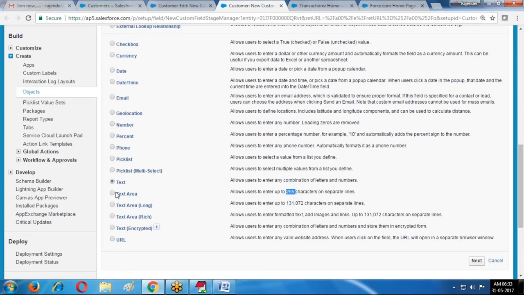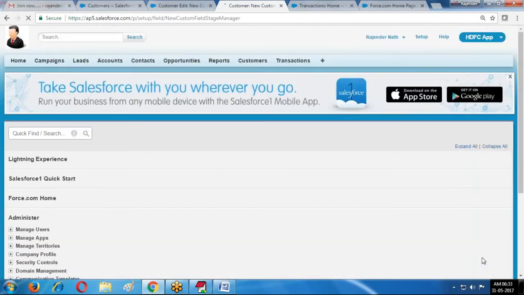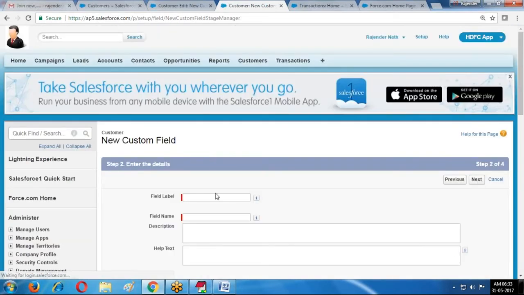What is the difference between text and text area? Text is a single line, text area is 2 lines. That is the difference. Description.